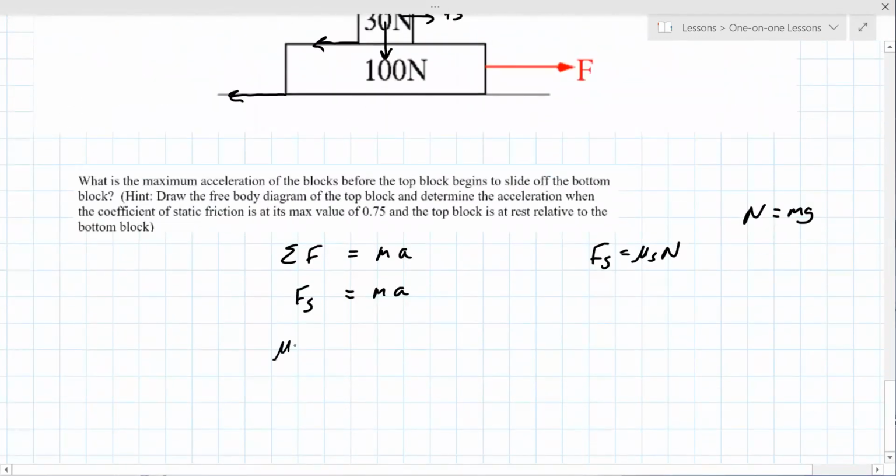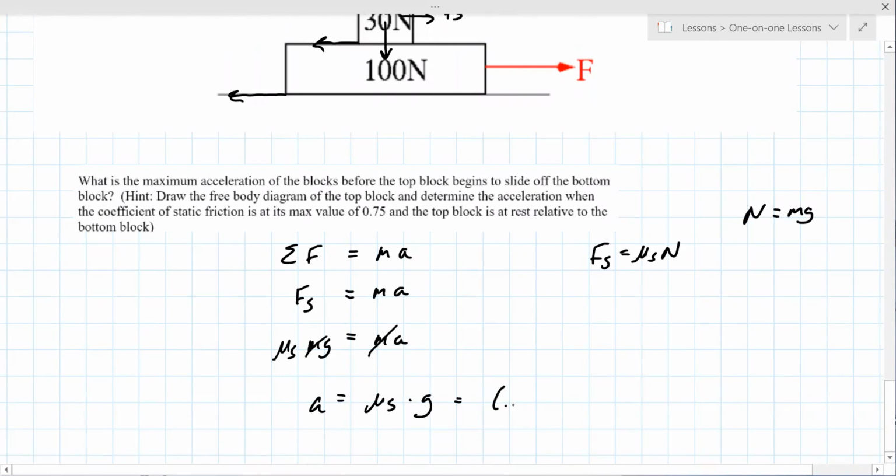So this is mu s mg equals ma. And the acceleration is what they're asking for. The m's cancel, so the acceleration is equal to mu s times g, which is